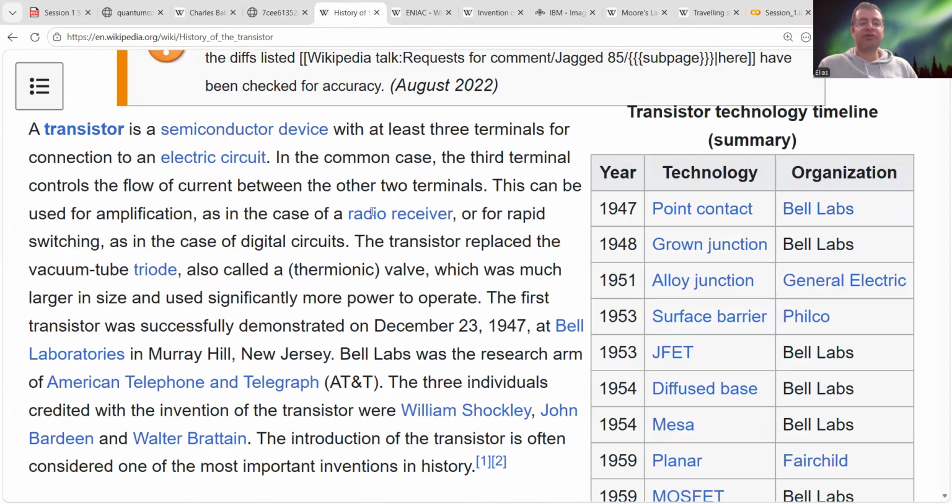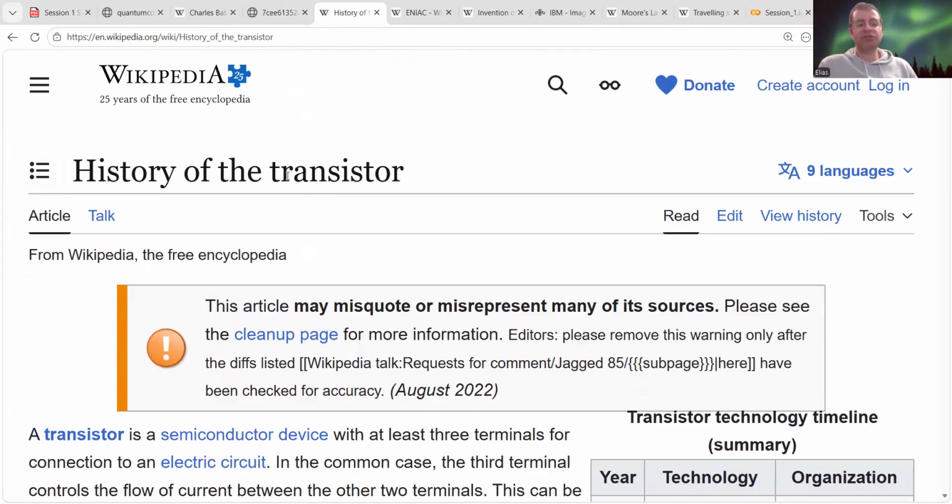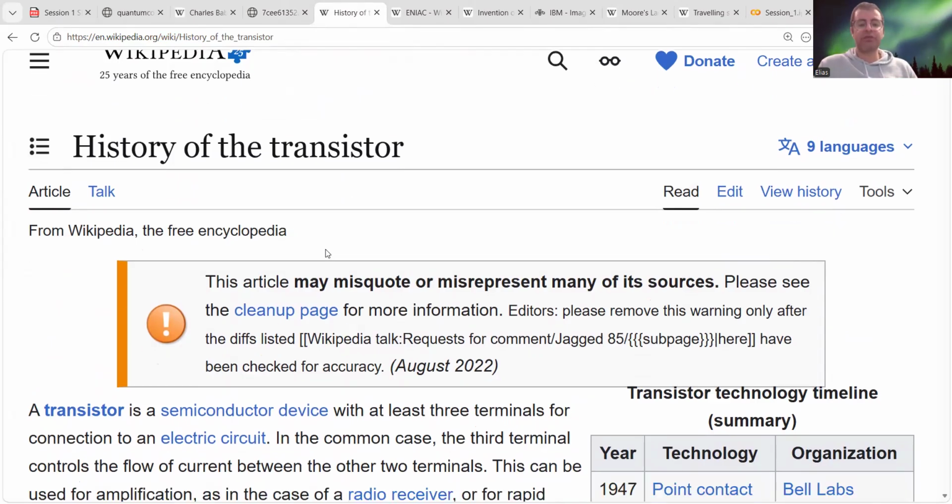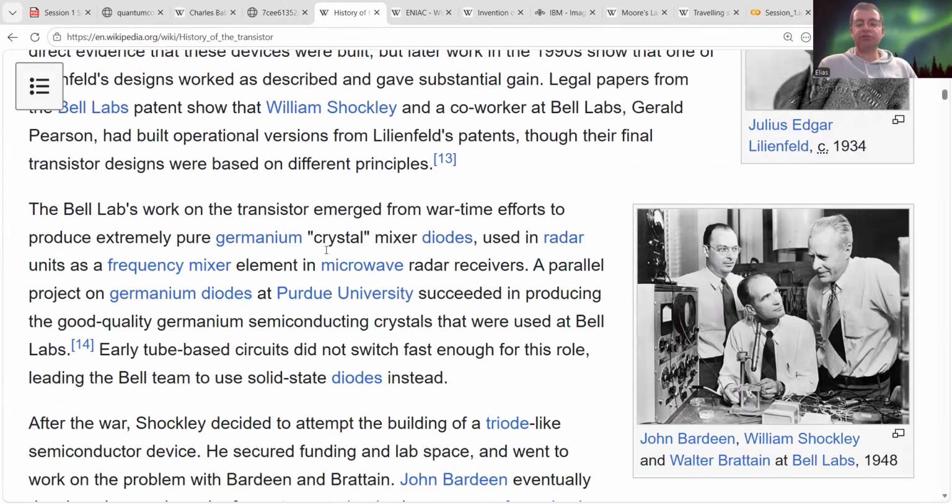So we go a little bit further into the history and we get to the transistor, which was a really huge breakthrough that made it possible to make the transition from mechanical computers to electric computers. And this all dates back to 1948.